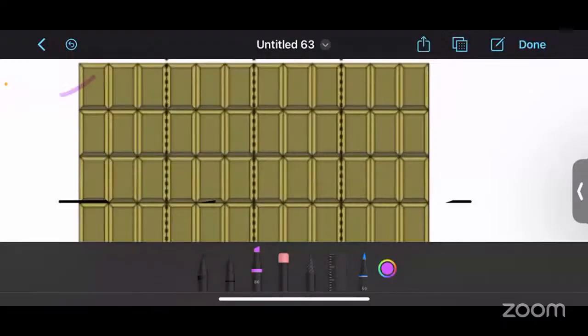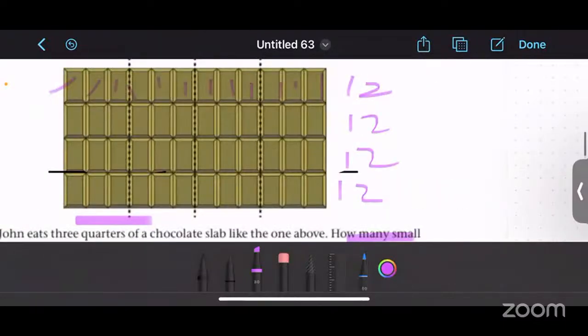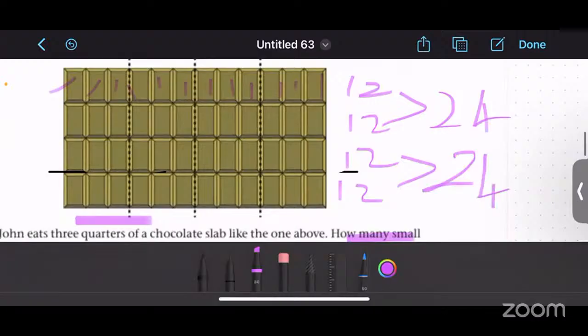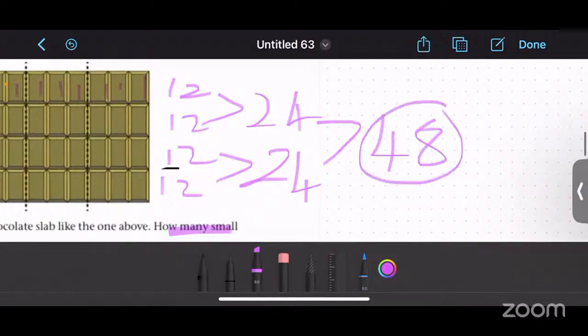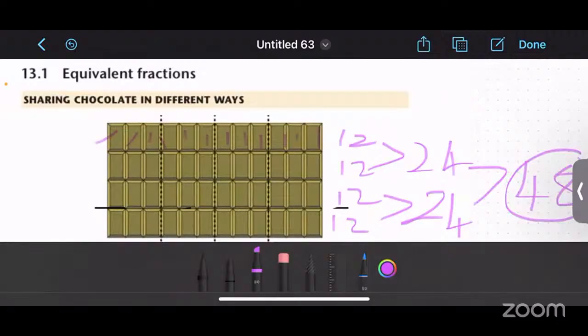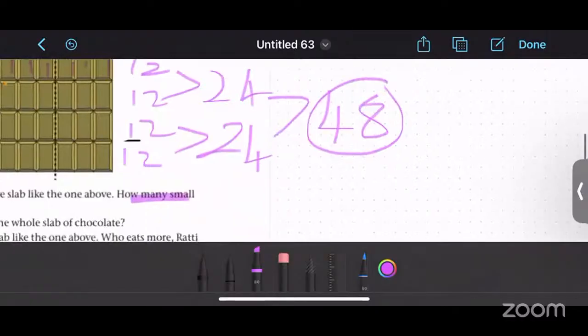1, 2, 3, 4, 5, 6, 7, 8, 9, 10, 11, 12. So it's 12 here. Even here is going to be 12. Even here is going to be 12. Even here is going to be 12. So 12 plus 12 is 24, and then 12 plus 12 is 24, and 24 plus 24 is 48. Okay, so all in all, these pieces of chocolate are 48 pieces, right? Now,